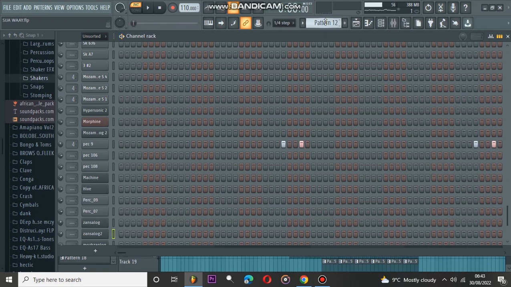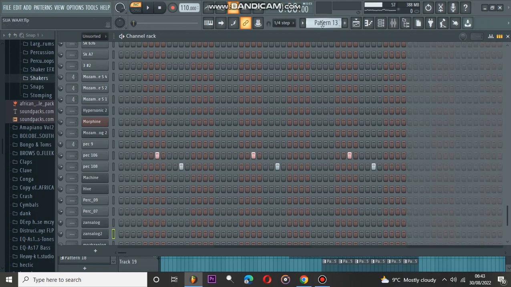Just hit twice when the beat is climaxing, and then I added another percussion just to add more effect to the bounce,